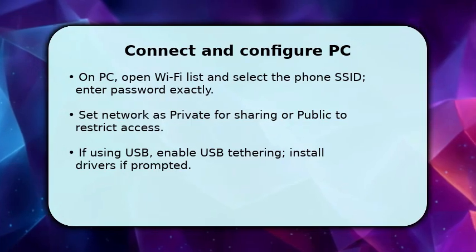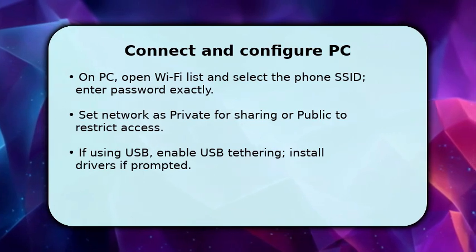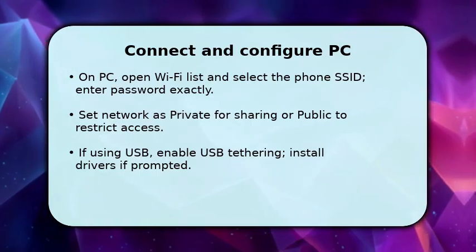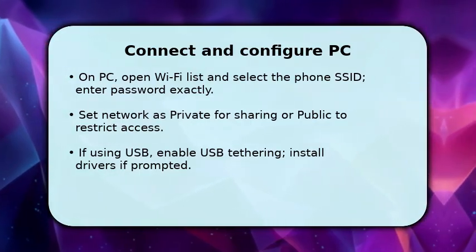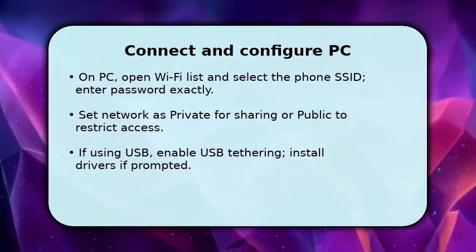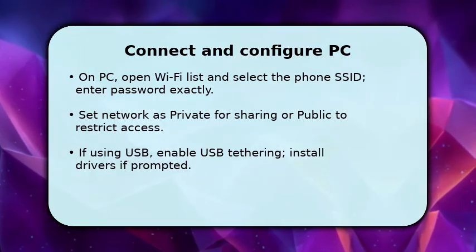You now switch to the PC and select the phone's SSID from the Wi-Fi network list. Enter the hotspot password carefully because one wrong character stops the link. Once connected, set the network profile to private if you trust the device so Windows allows sharing, or choose public